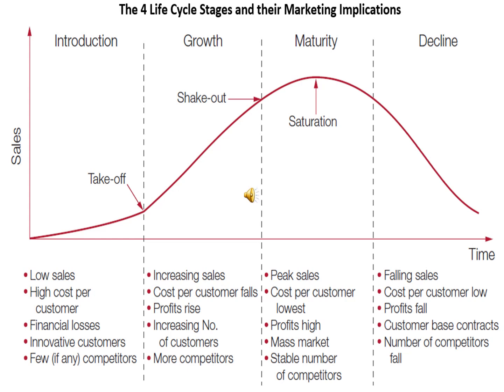Now let's move on to the maturity stage. In the maturity stage, sales peak and begin to stabilize as the product reaches widespread market acceptance. So now the sales are at their high as the product is spread all over the market. The consumers are well aware of the product, and competition is at its highest at this point, as people are well aware and the competitors are also well aware of the product.